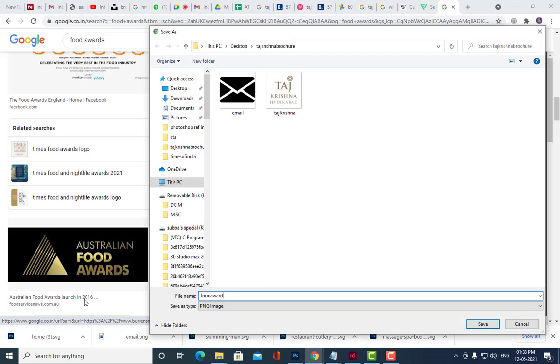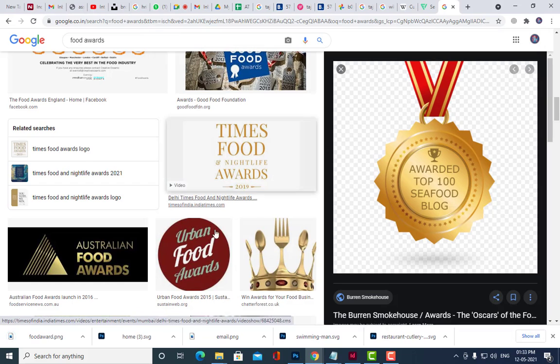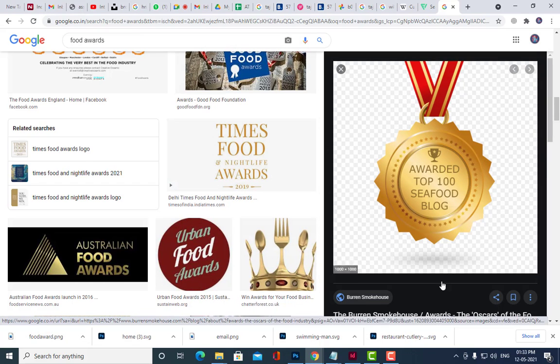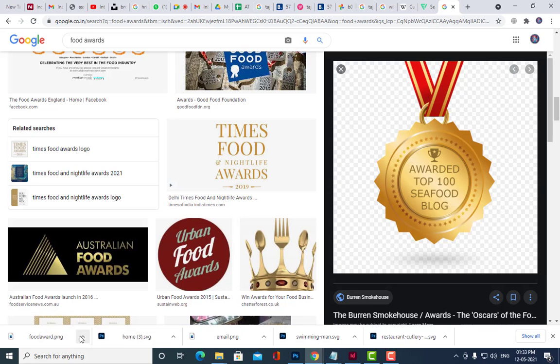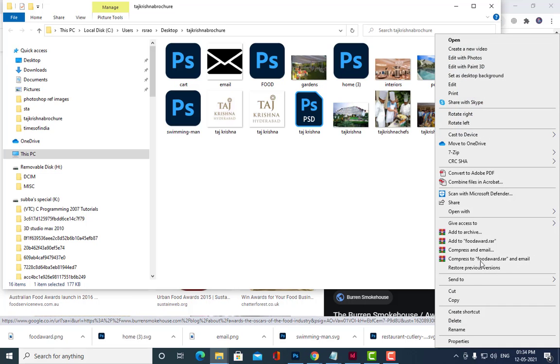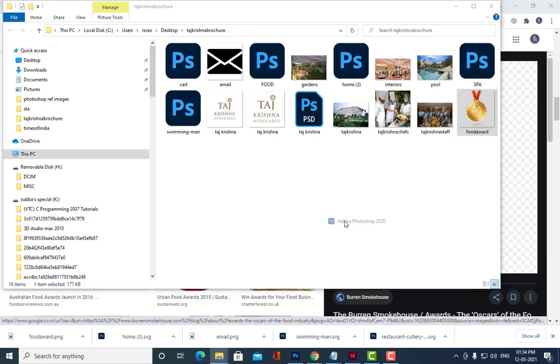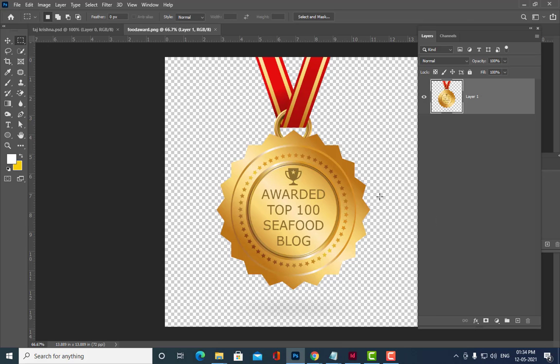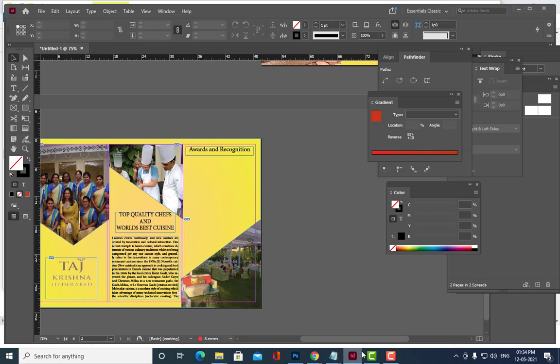Is it clear, all of you? Yes, sir. I think it's a PNG only now. Let us see. If it is not a PNG, we'll first check whether it's a PNG or not. We'll open it in Photoshop, okay, we'll open it in InDesign now.